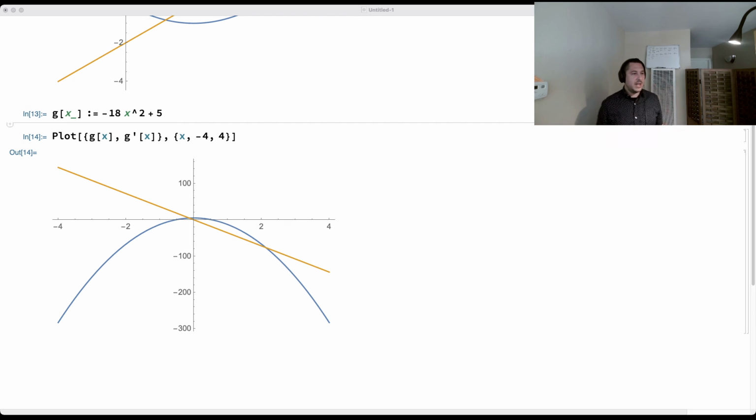So there's this interesting connection between the two of them. If your original function, this parabola, is increasing, it's going up, your derivative has positive values. But then if your original function is decreasing, it's going down, your derivative has negative values. Okay. So I just wanted to show you that. We're going to talk more about it in the